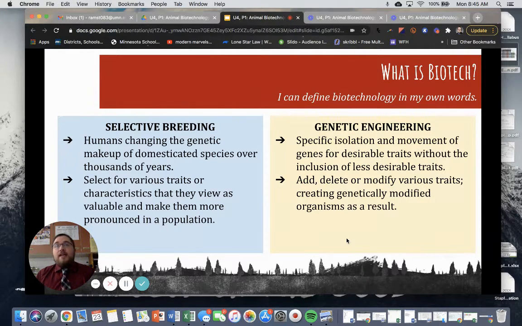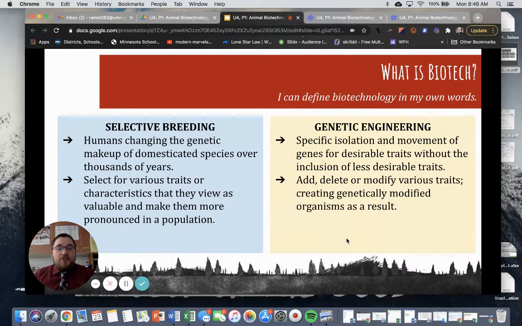So when we're talking about livestock or dog breeds or plants and plant science and crops, we are essentially looking at the genetic makeup of mom and dad, or the male and the female reproductive cells, and we are determining which characteristics we want to be more pronounced, and we breed them together to have those characteristics a little bit more pronounced. Okay, genetic engineering, on the other hand, is something that would occur more commonly in a laboratory environment,